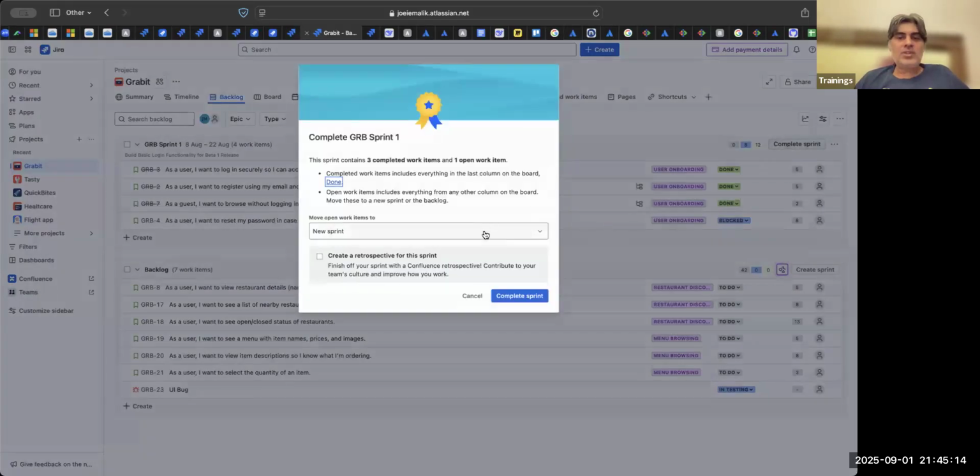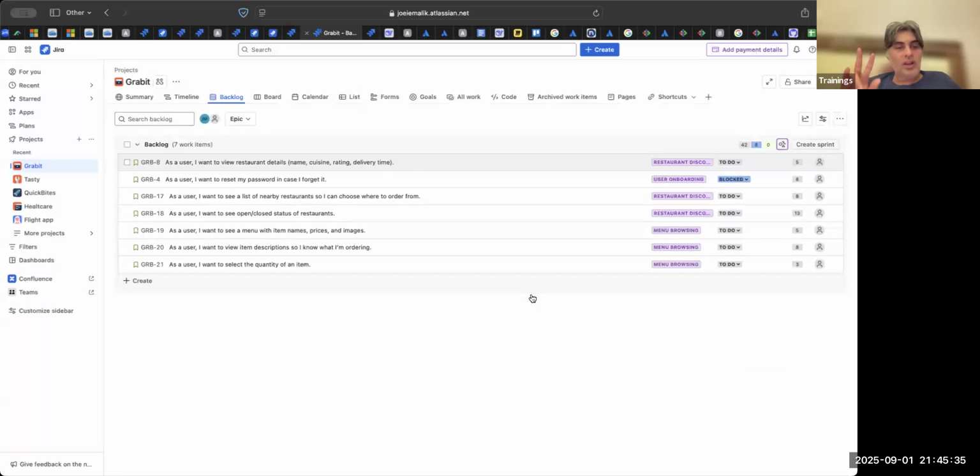Okay, so now spillovers, I will move it back to the backlog. I will not move the spillovers to a new sprint. Move it back to the backlog because this task may not be a priority any longer. So let the PO decide if it is needed or not needed. So spillover, the option was to either move it to the new sprint or move it to the backlog.